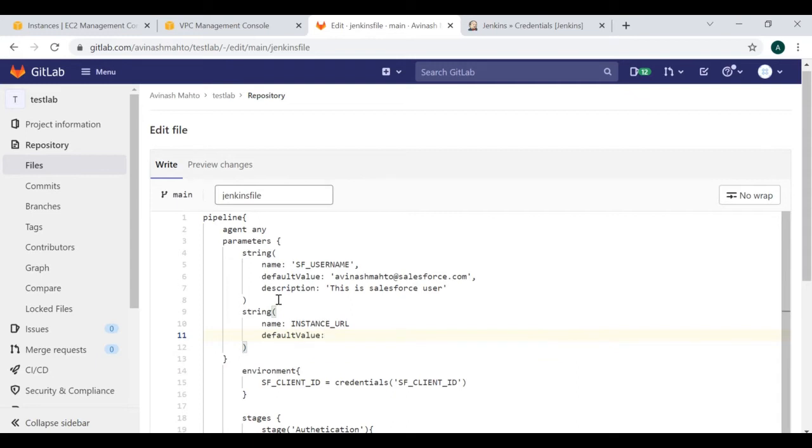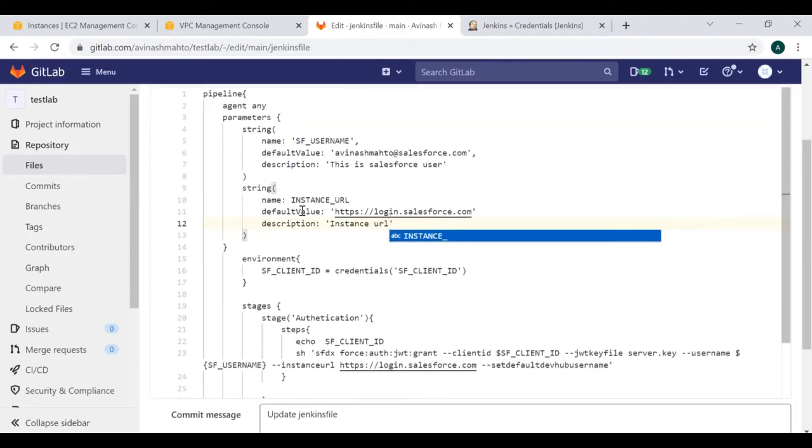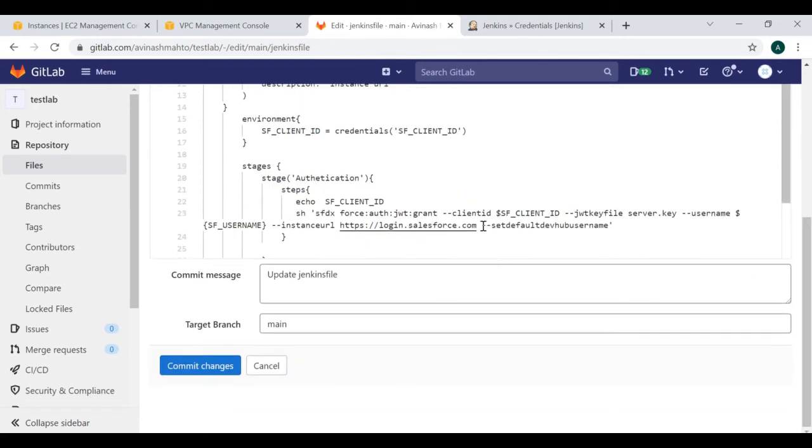Default value you can define here. Right? So rather than directly putting the value, you can call the same parameter inside the command. Like that.